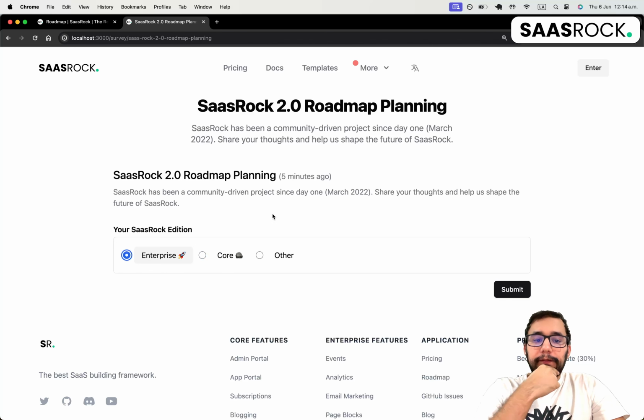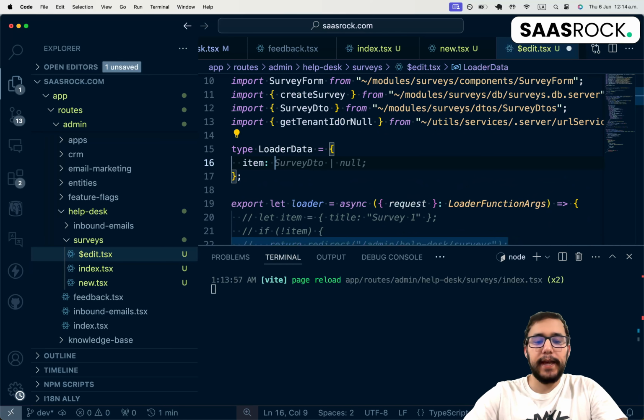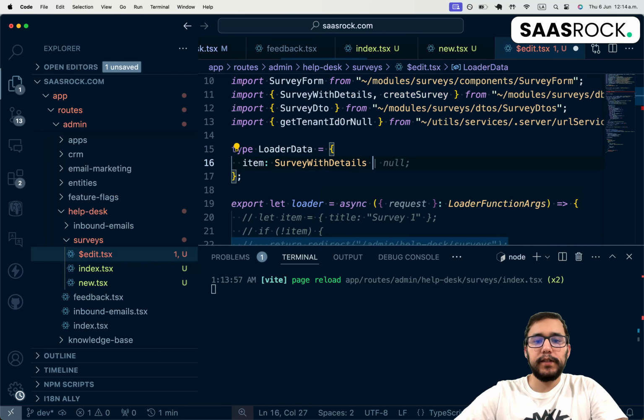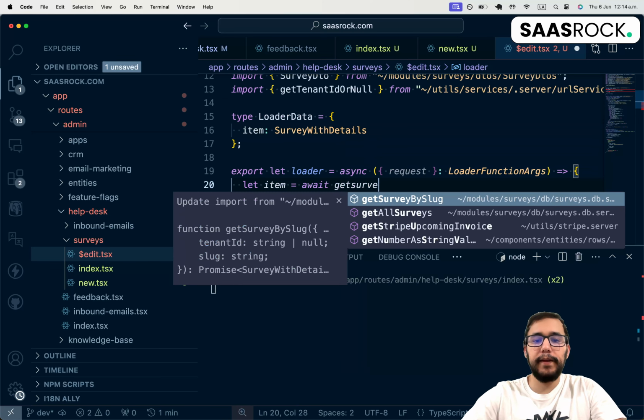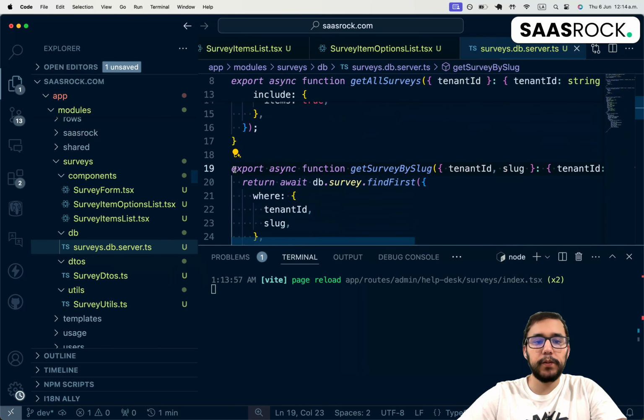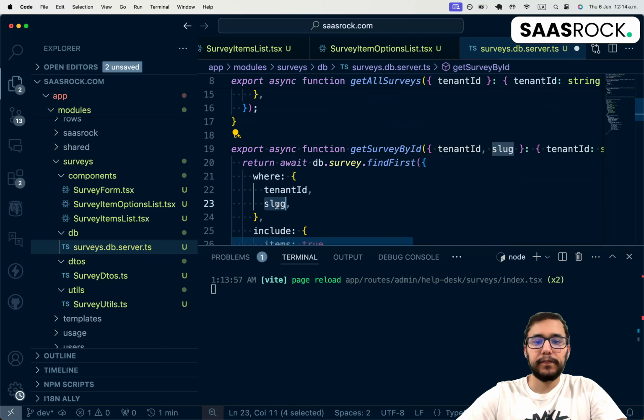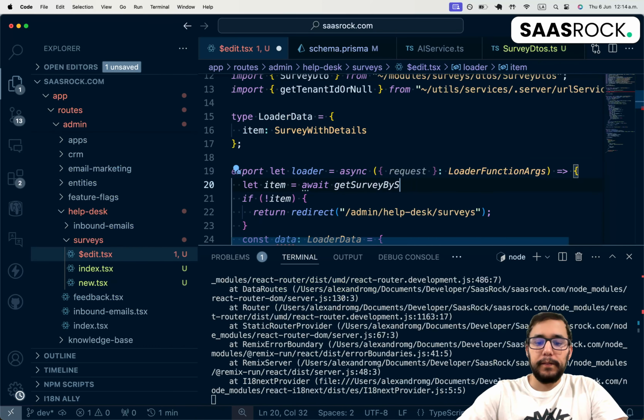So before I end the video, just a quick update to the item. I'm just gonna duplicate the new route and put it as edit, and here we need an actual item as survey with details. It cannot be null, so we need to grab the item from database, get survey, and this is not gonna be by slug, so we need another one that is by ID. So slug, change it to ID, by ID,